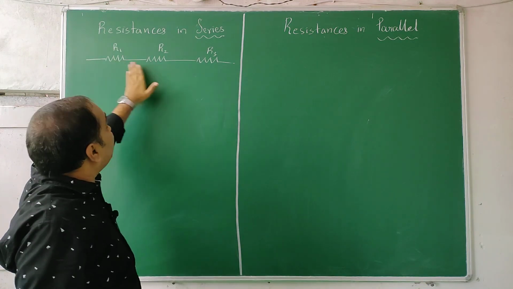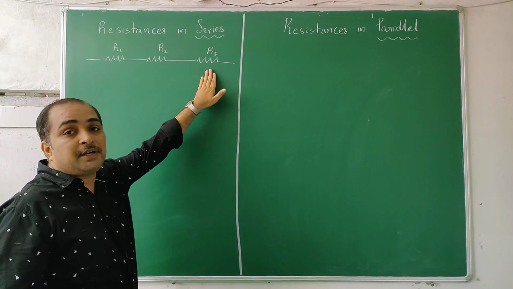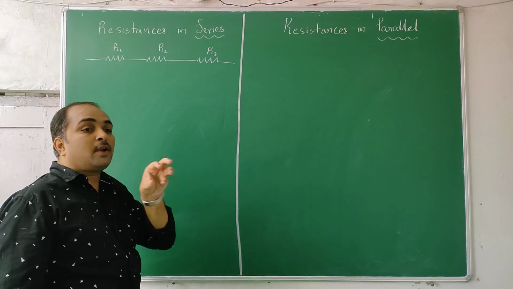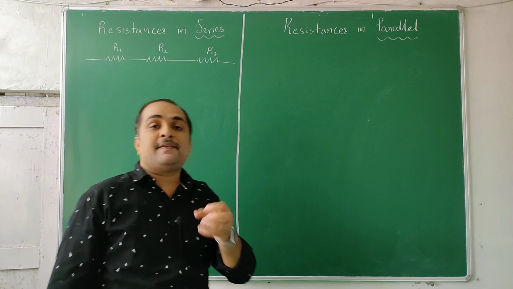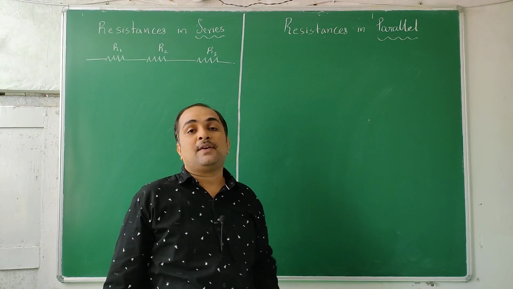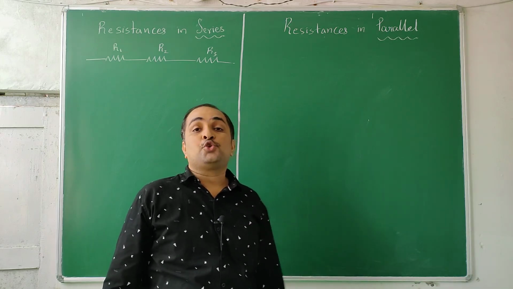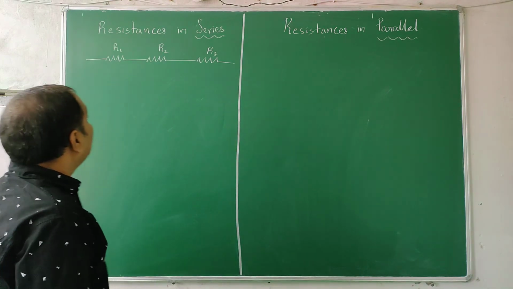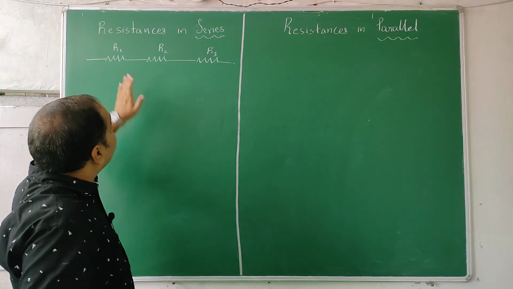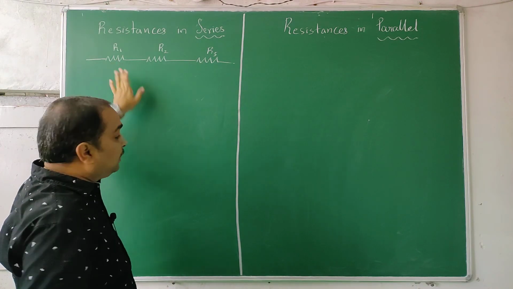So this can be one bulb, this can be one fan, this can be one refrigerator. They are connected in series. So the electric socket is the agency which supplies energy. And other gadgets we use in our house are resistances which consume energy. So the fan, we don't draw a fan here. Fan is represented with a symbol like this.